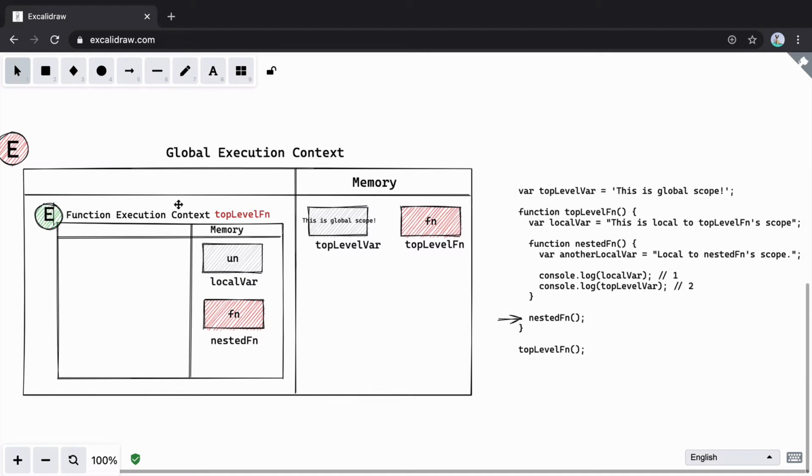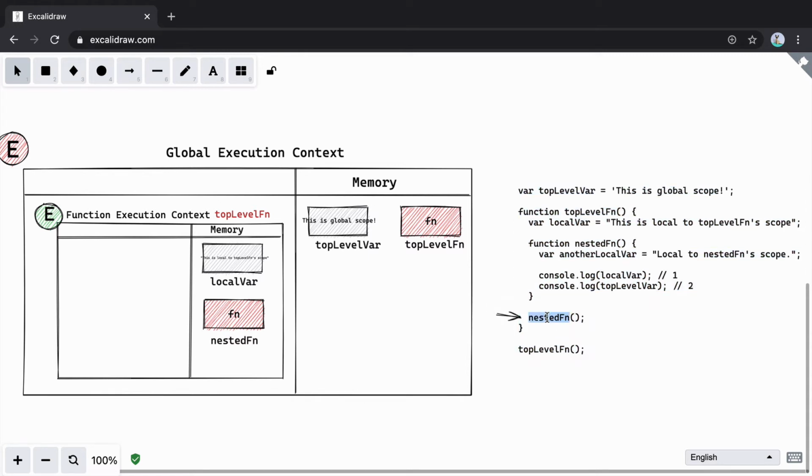It will move on to the execution phase. In the execution phase, we see the value. This is a local top level function scope. So I'll copy this and we can put it here. I'll make it smaller. Even if it doesn't fit, we can understand the value here. Next, we see a function declaration. So we'll skip this and come to this part.